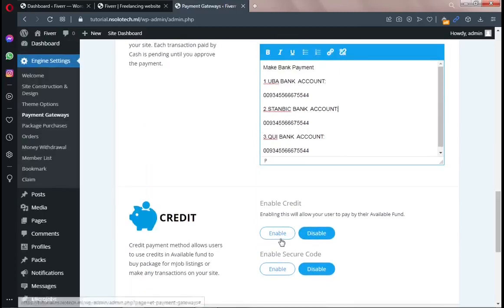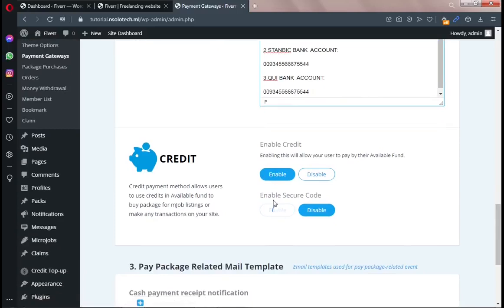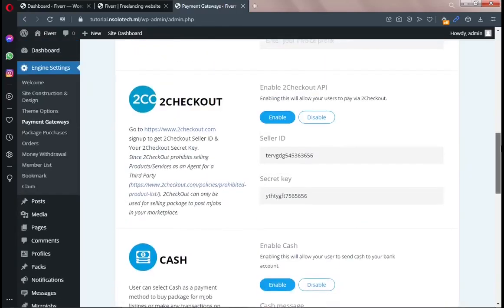Scrolling down, you have credit system, and credit system is basically having a wallet on your website where they can make deposits and later use those credits to buy gigs on your site. So enabling this is very useful. Okay, and enable this. Just enable the two of them. All right, so we have payment methods